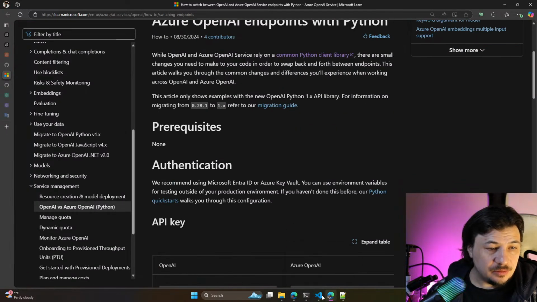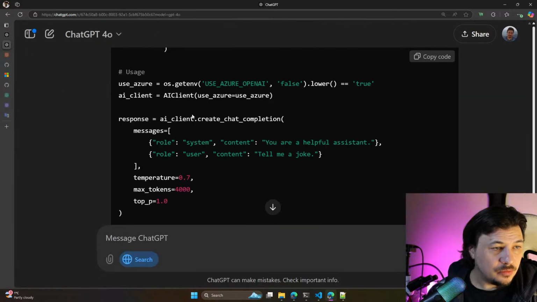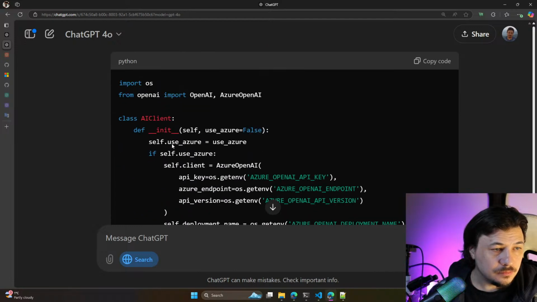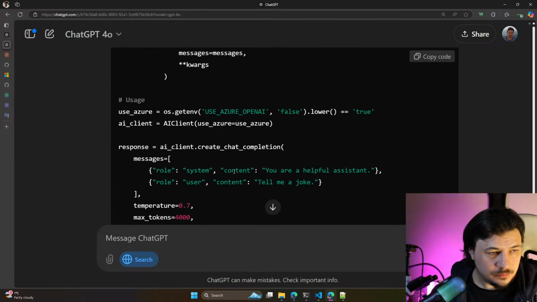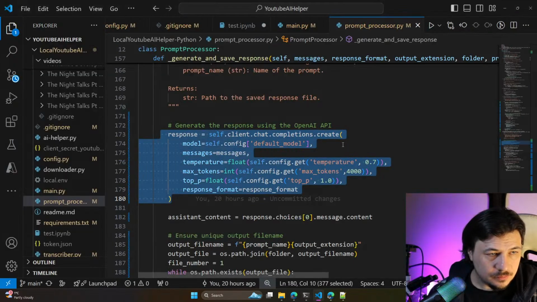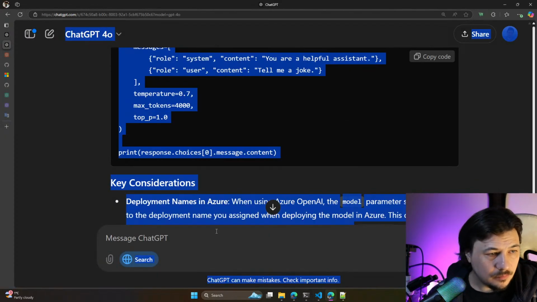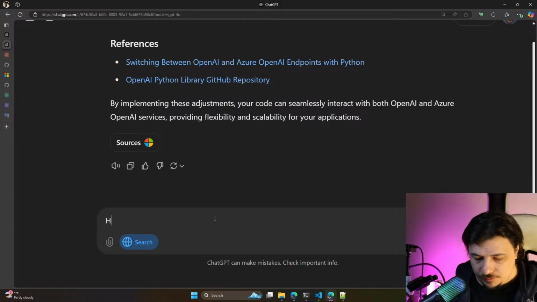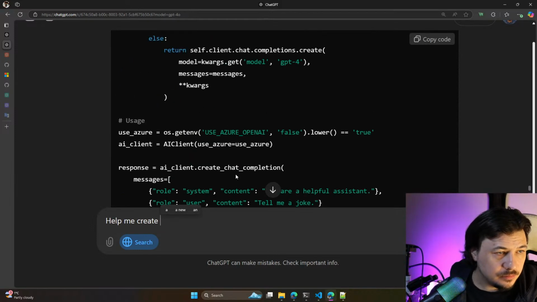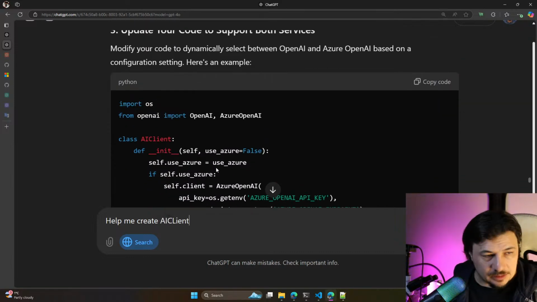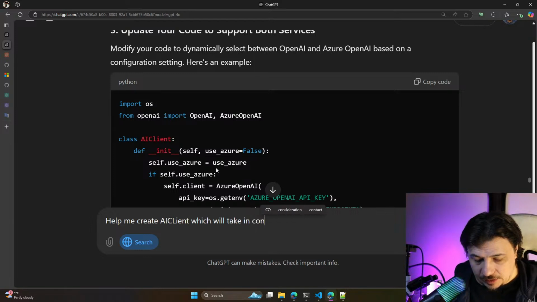Okay, while we are doing that, let's go and copy what we have here. Help me create an AI client which will take config params in the constructor.